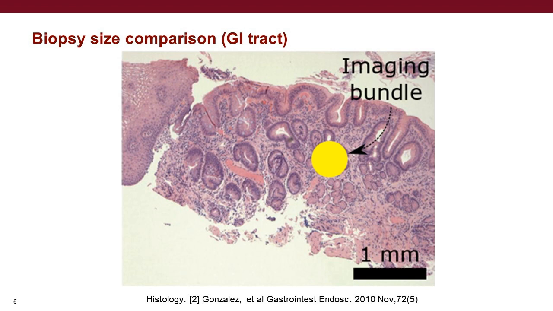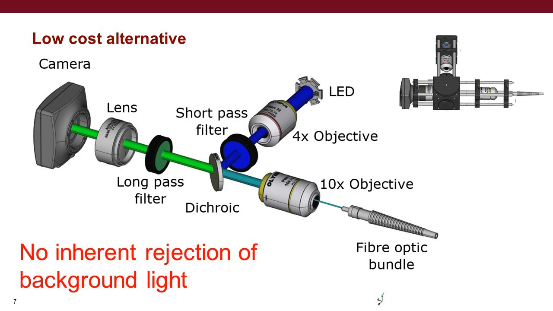So here's the system itself. Now what you have is, if you look at this LED in the back, you have a blue LED which projects light through a 4x objective, and all that really does is it demagnifies it. We want a really pencil thin beam to be incident on our fiber bundle. So that blue LED goes through a short pass filter, and what a short pass filter does is it allows the short wavelengths to pass. So high energy light will pass the filter, and that high energy light is then reflected off of a dichroic. And when it's reflected off a dichroic, it's then demagnified again and projected onto the cross-section of a fiber optic